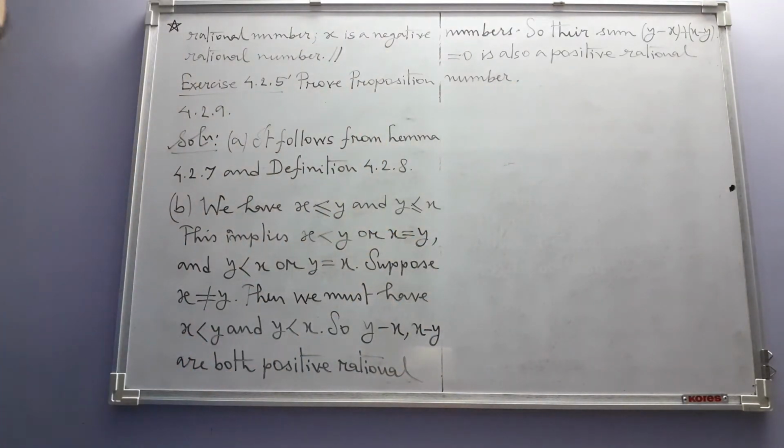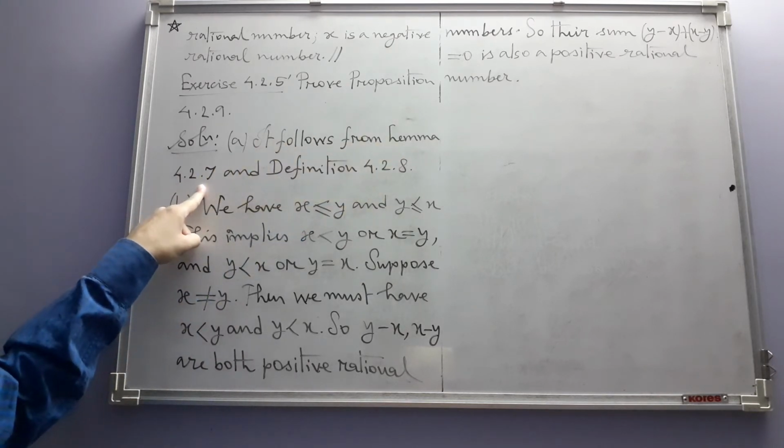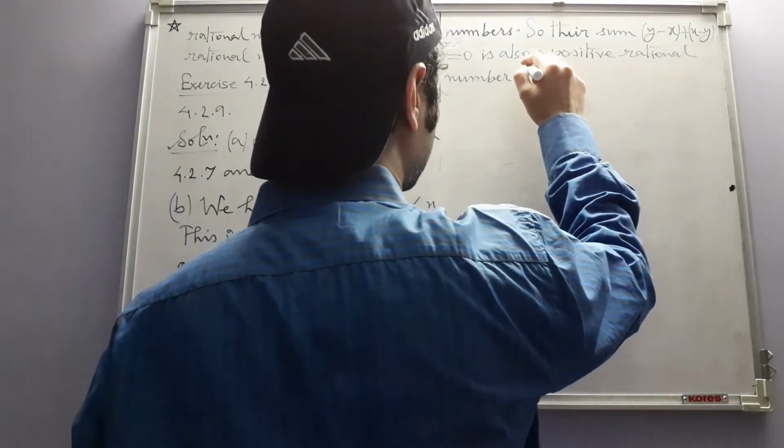That's what we are concluding. However, 0 is equal to 0, so 0 cannot simultaneously be positive because that would contradict trichotomy of rationals, and that is our contradiction. But this contradicts